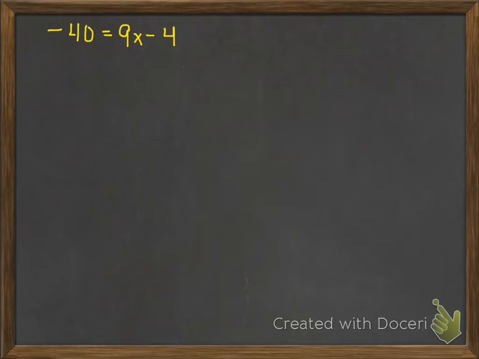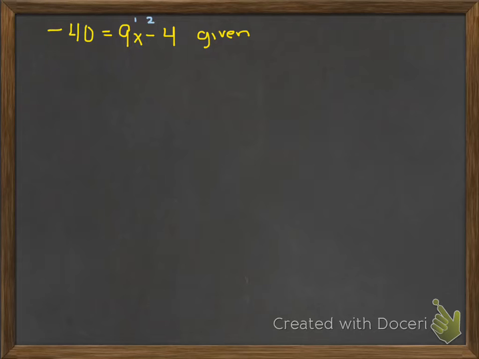If we knew what x was, we would take care of the multiplication first and then the subtraction, because that's what order of operations would tell us. But when we're solving, we want to go through that backwards. So we want to undo that subtraction first, and that with this as the given line, then we want to